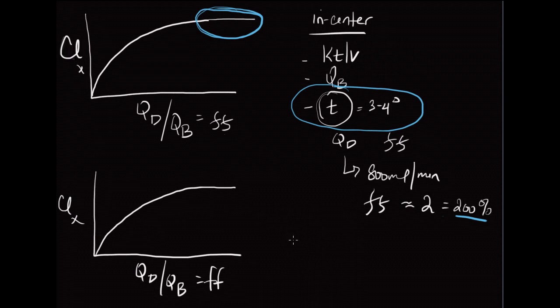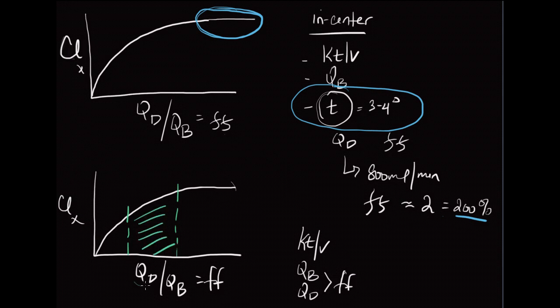In the home patient, we set the KT over V, we set the blood flow, but we don't have enough space to use an infinite amount of dialysate flow. So we set the dialysate flow. In other words, we set the filtration fraction. We tell the dialysis machine, don't put us out here, put us somewhere between these 2 points, because we need to get the maximum amount of clearance for the least amount of dialysate